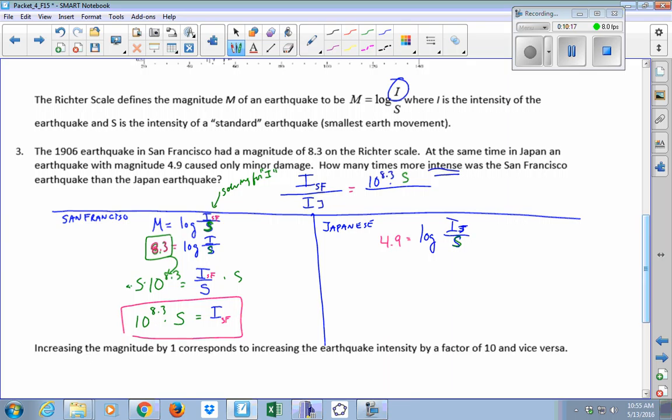So I think we can skip the mathematics because we can look at the process we used in the San Francisco earthquake and wager a guess for I sub J. So see if at your seats you can wager a guess, either individually or with your table mates, for what I sub J is. And if not, I can go through it. So try it on your own and then we'll talk about it. All five flags are up. Who's going to take the risk and tell me what they wrote for the intensity of the Japanese earthquake? Julia?